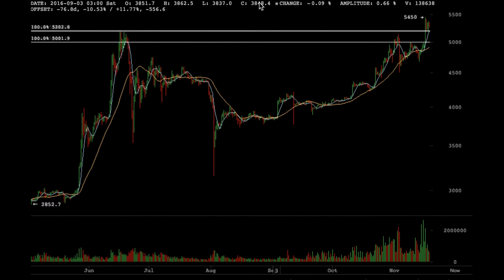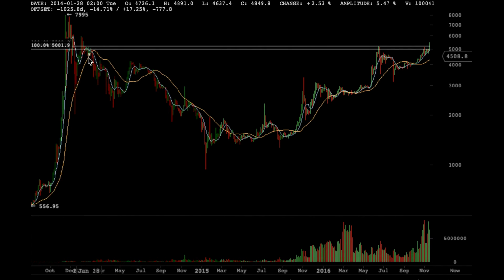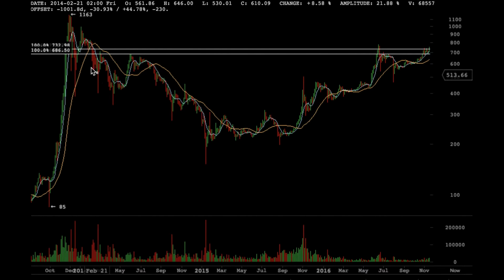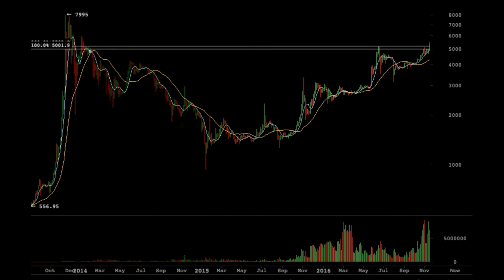4,500 there. But if we go back even further, let's go to the 3-day chart, we can actually see that this was very good, strong resistance as well. So that's another reason why this is really strong support, because we're actually above both of these areas now. And if we do the same thing over on Bitstamp, over to the 3-day, here was quite good, was resistance and it is now support, but not really too much else we can read into that. But I'd be focusing on having a look at how strong these supports are over on the OKCoin